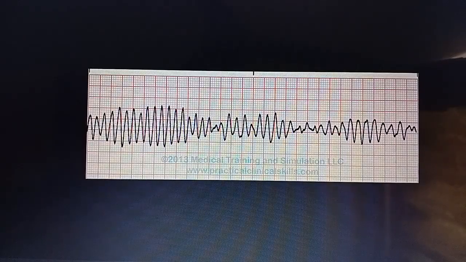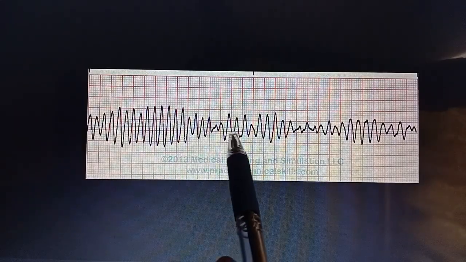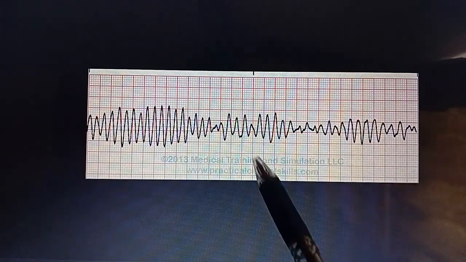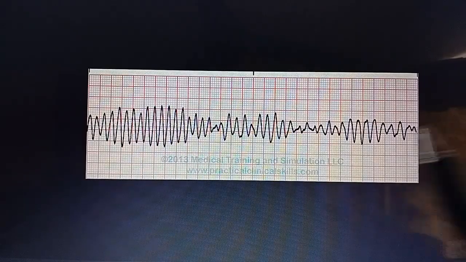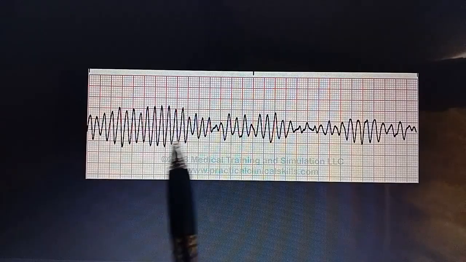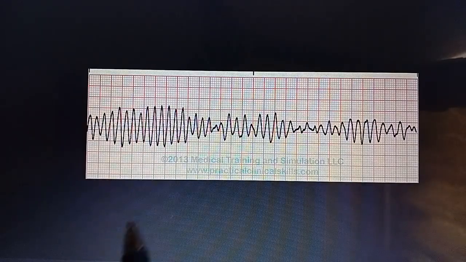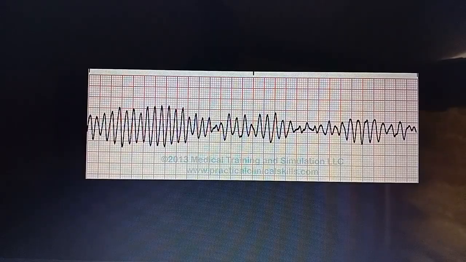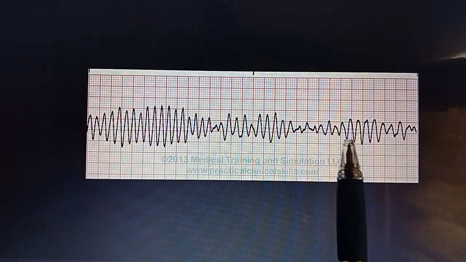Now we have another case quite similar to ventricular fibrillation, which is torsades. Torsades is actually a polymorphic ventricular tachycardia. It can be similar to ventricular tachycardia because it also has a wide QRS complex and the rate is increased. But as you can see in the same lead, there are waves of different morphology. So this is polymorphic ventricular tachycardia, and it is torsades. The rate is highly variable and the rhythm is irregular. It is also called twisting of the points, and there is a wide QRS complex,